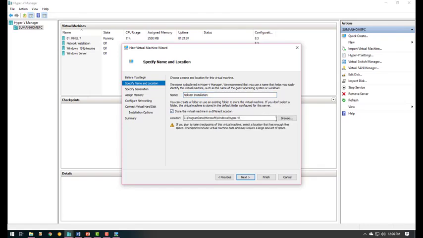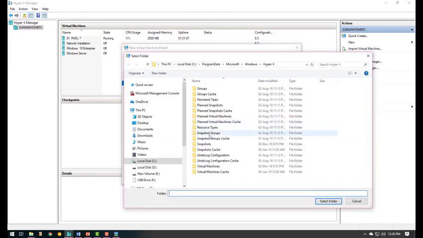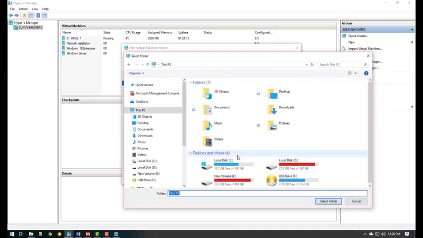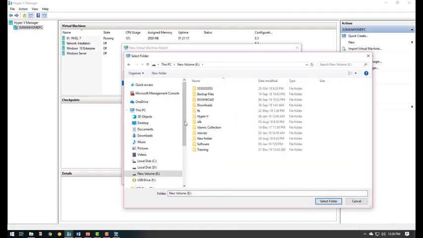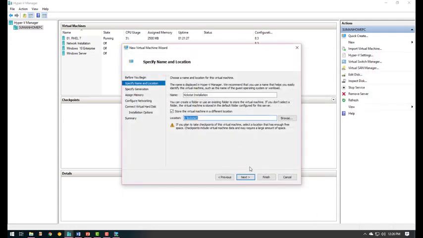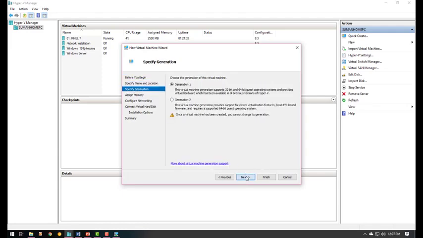I want to store this in a different place. So let me check the status. It is okay. I have some space. I want to go to Kickstart. Generation 1.